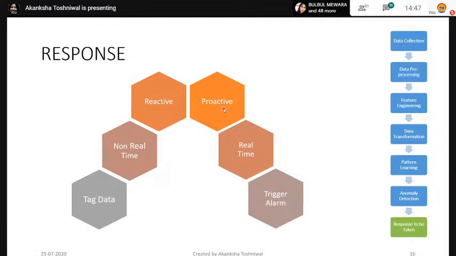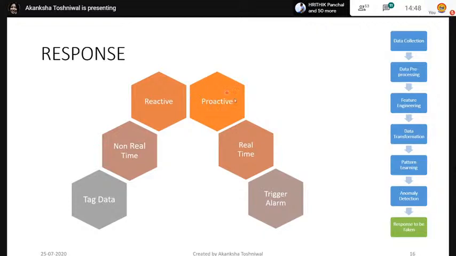Let's say one example: there is a satellite launch from Earth, and on the fly, in real time, when the satellite is approaching its destination, some bug happens in the system, or there is an increase in the temperature or in the angle of projectile, anything happens. At that time, we find out that there is a deviation in the angle which should not happen, and tag that data point as an anomaly in real time, at the moment it happens. This is called a proactive action,